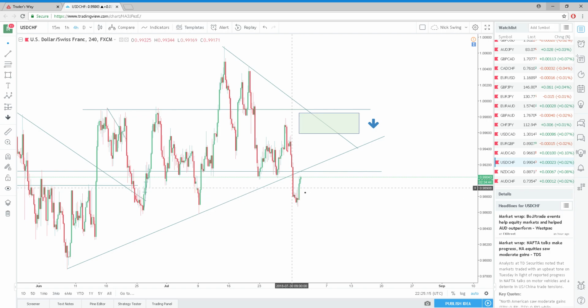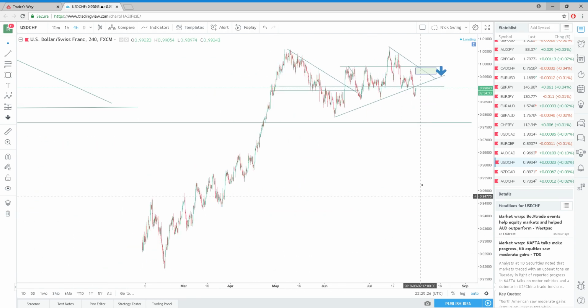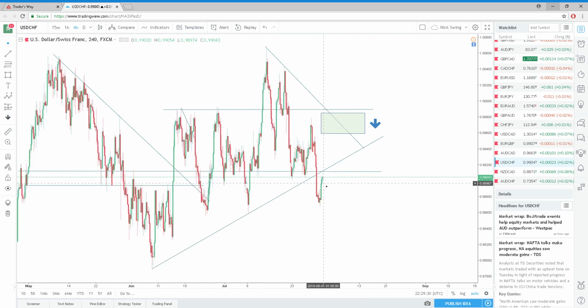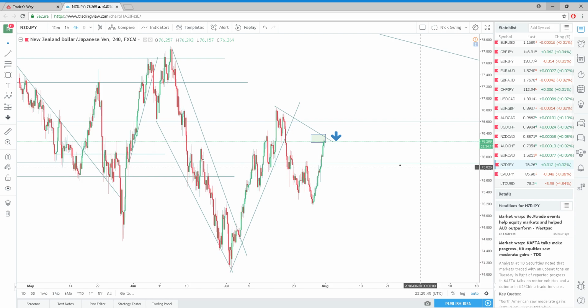USD CHF, I don't know how comfortable I feel with this. We broke a level very clearly. It came up, looks like we're testing it again, and it looks like we also broke this bigger time frame trade. Let's see what we're looking at, the big picture here. Sort of going sideways, big picture. I don't see anything I like right now. This could continue dropping. I don't see anything I like on these except New Zealand dollar JPY, which